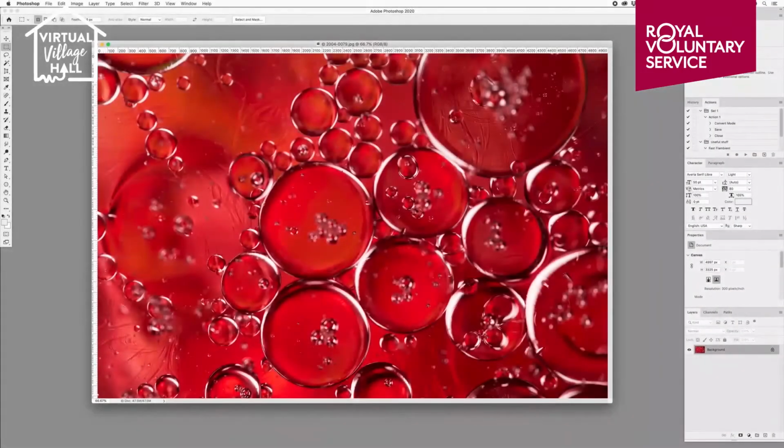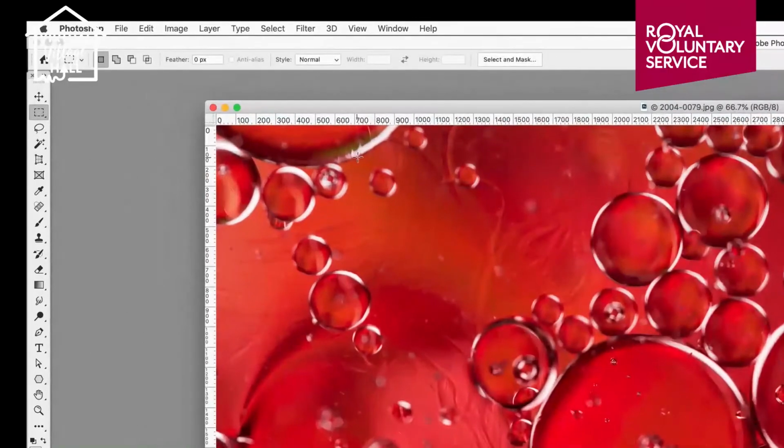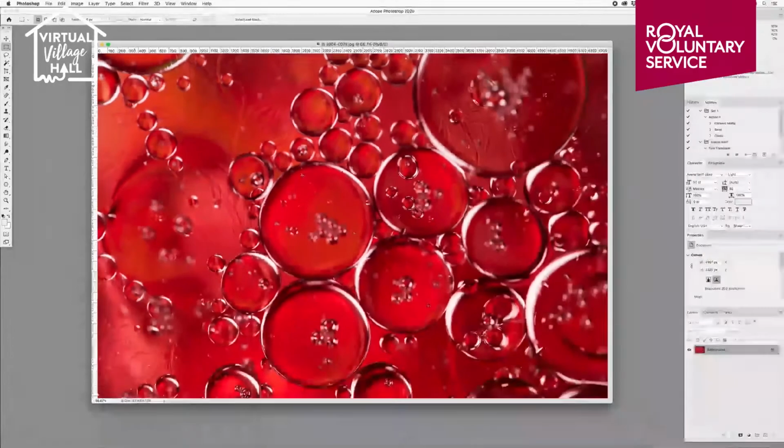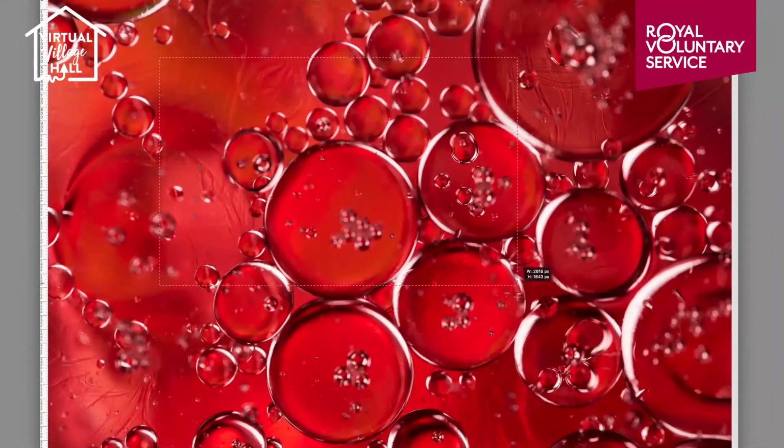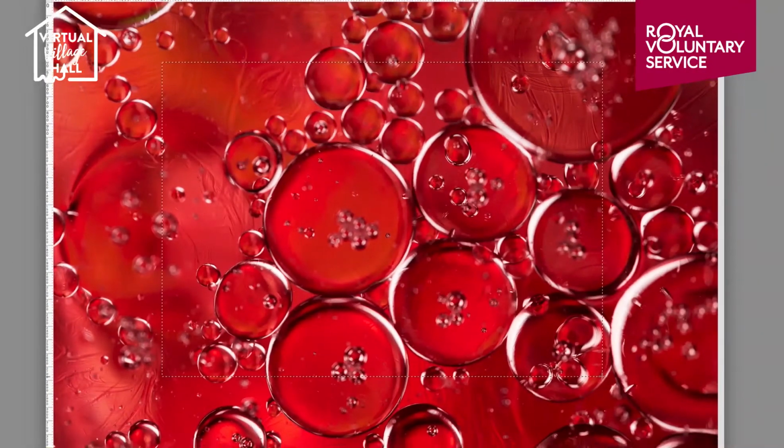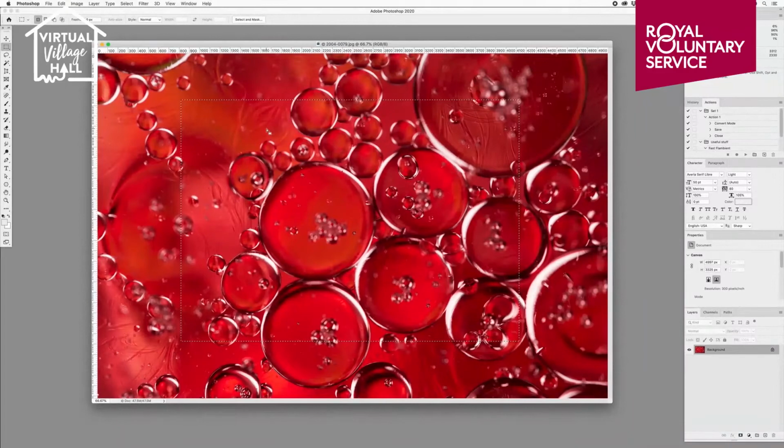The first tools we'll look at are the selection tools. This includes the marquee, the lasso, and the move tool. Let's start with the marquee first. The marquee allows you to draw a box, like so, and this has defined an area of the screen that